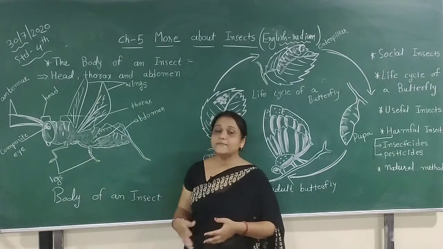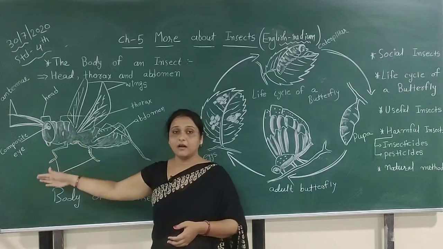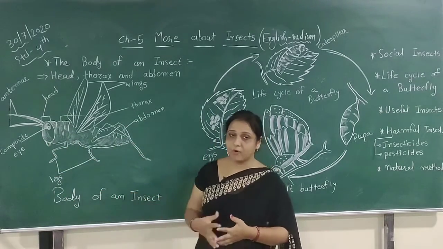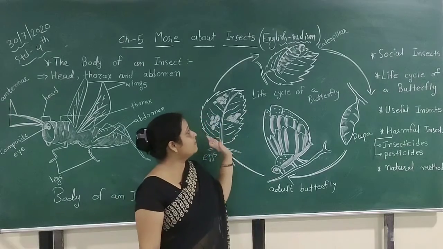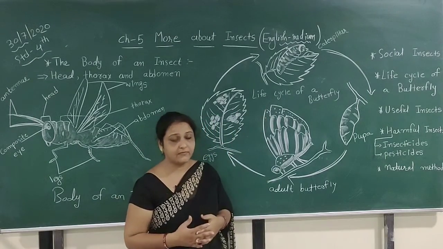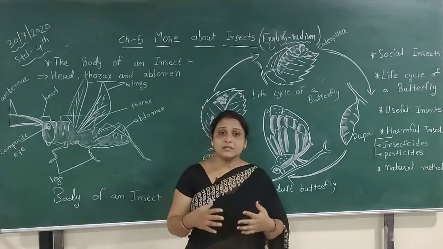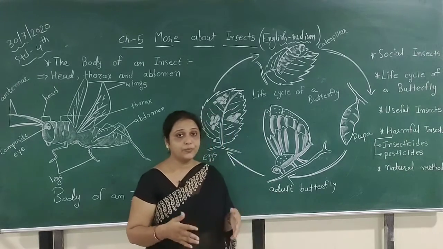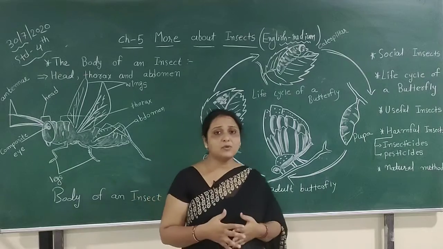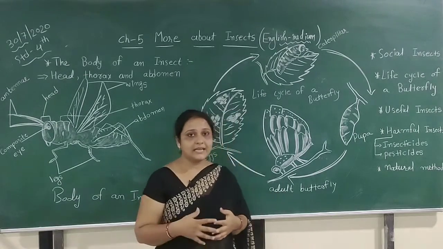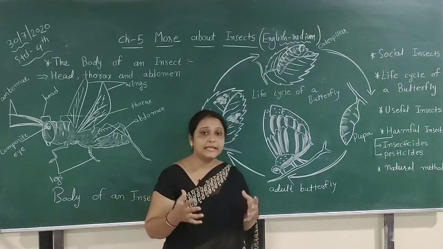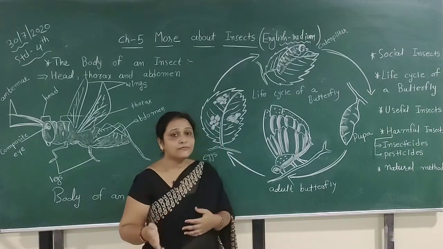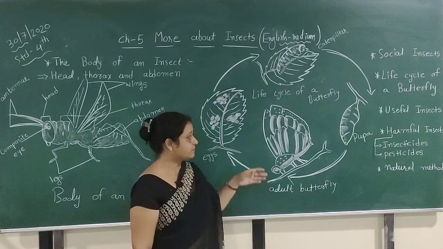We can see the different body parts are divided according to their body functions and how they use those functions. Then after, the life cycle of a butterfly. And then after, insects always like to stay in a group because they have many benefits from staying in a group. For example, they can protect themselves from their enemies. Then after, they also share their food and work with each other.